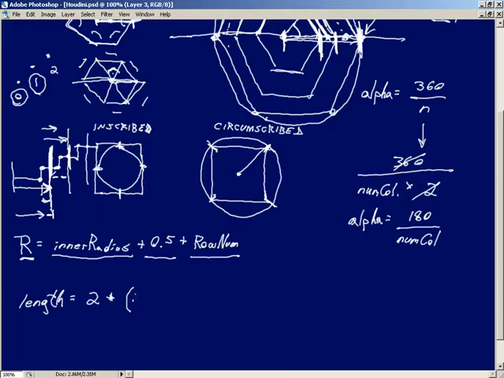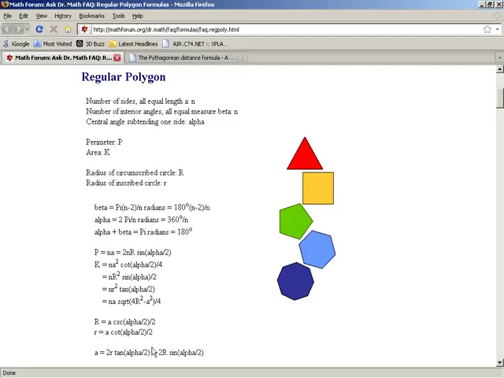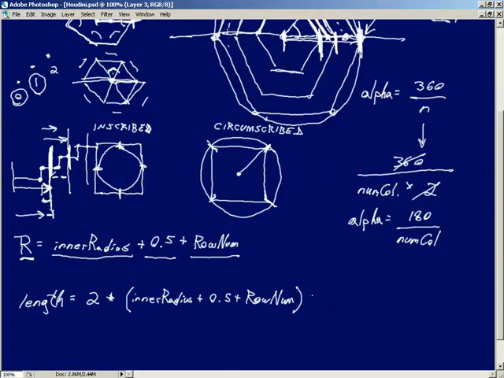Not good. So we'll take inner radius plus 0.5 plus our row num. That's information that we're receiving back up from the copy. But there's more. Coming back over here, that's 2 times R times the sine of alpha over 2. Jumping back over here. So times the sine of alpha. Wait, do we have alpha? Yes, we sure do. 180